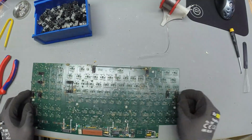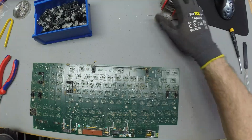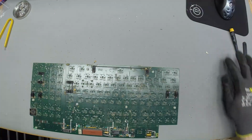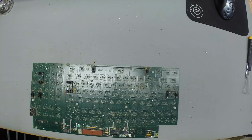I mean, you know that we're more than an hour into a single desoldering video, I can also just finish the job here properly. Go ahead and